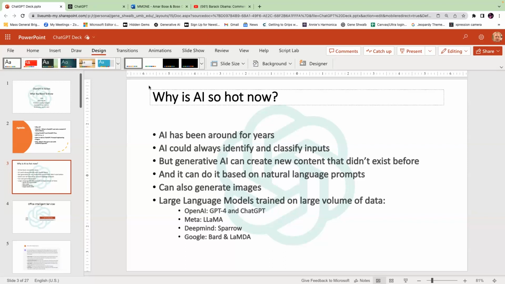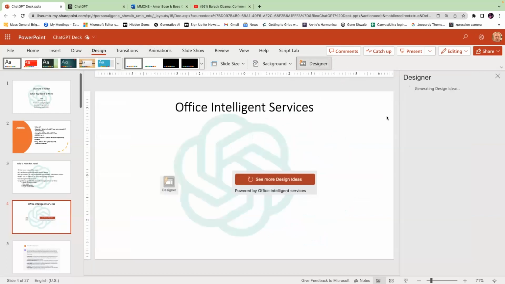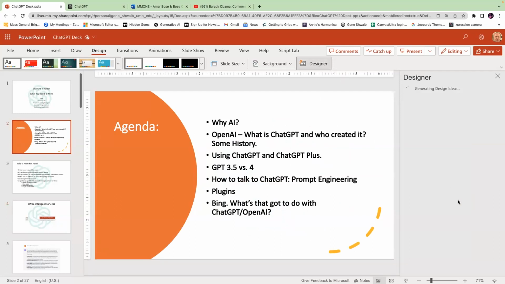Please do. Okay. So let me talk just for a second about Office Intelligence Services, because that's kind of on a different thing anyway. If you're not sure about whether you used AI or not, you should know that AI is everywhere, and it's built into the Microsoft Office that you're using right now. This is one reason we have PowerPoint, which is right up here. If you click on Design and the Designer tab, if you've ever wondered where these things come from that are on the right side of the screen,